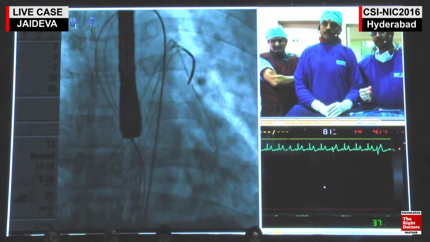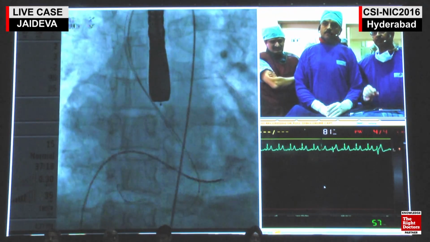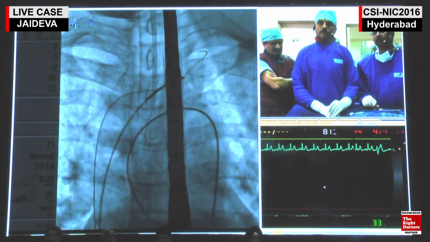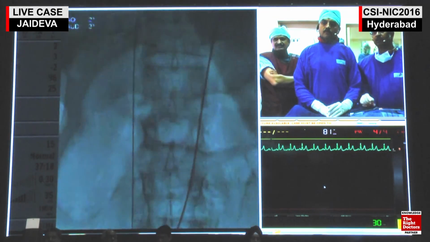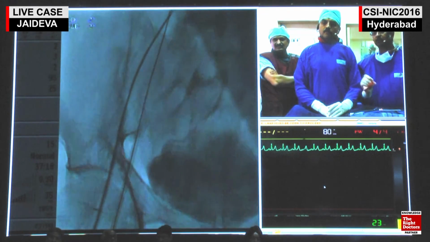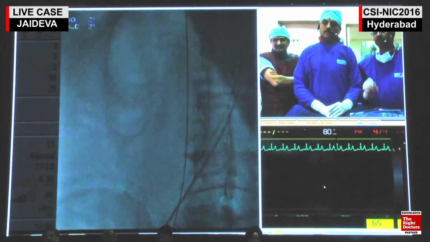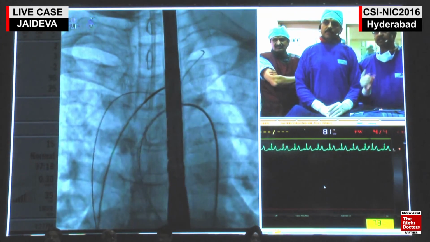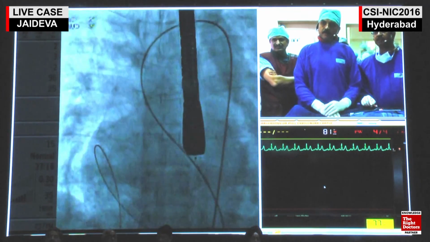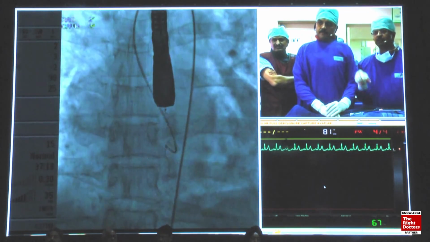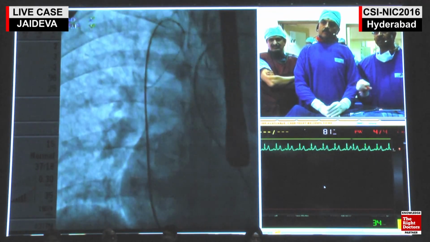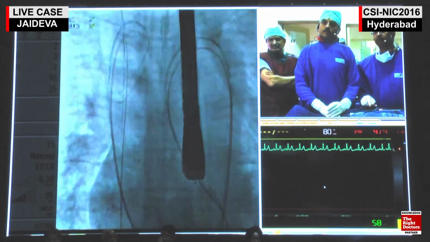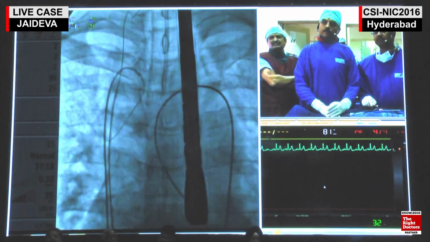Then we snared it. This is from the PA snaring, but always remember that, especially if they are entering into the RV inflow, the loop doesn't get formed properly, so we had some difficulty in putting a sheath. So best is to go to the SVC; we re-snared it once again to the SVC. Even here you could see that, yeah, once again we recrossed it. We should not have any kind of a kinking or a hairpin bend. It should be straight.